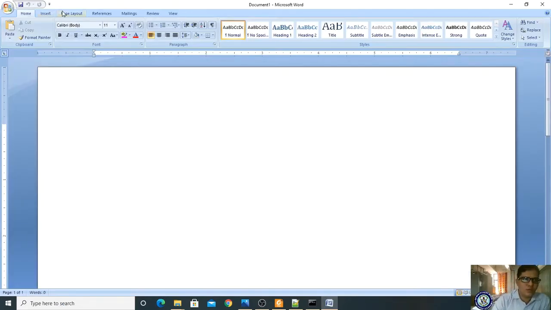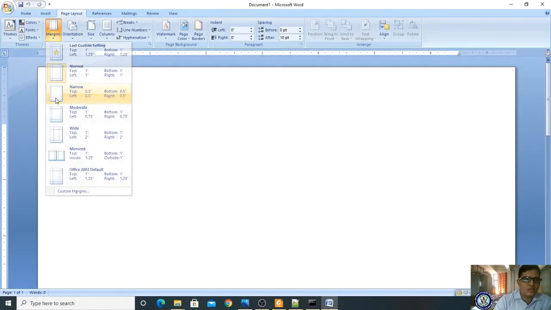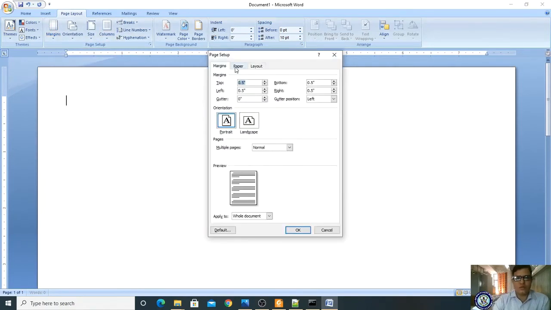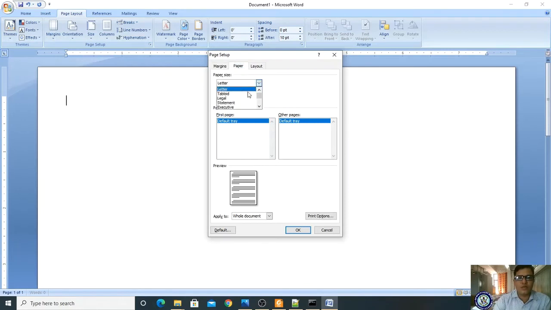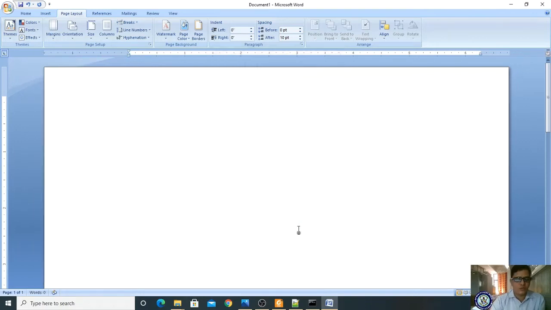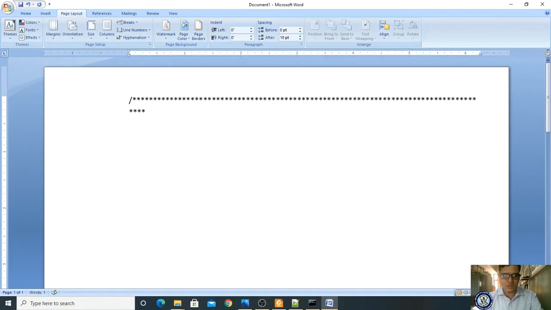Now first you have to set the page setup and margins, and go to the page setup option. Here you have to choose the paper as A4, right? A4 and margins, and you have to set the gutter as 1. It is always better to take 1, and click the OK option. And now you know how to do the labels, right? I'm not explaining this, you should know this.